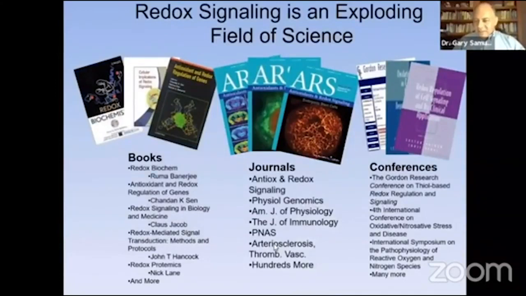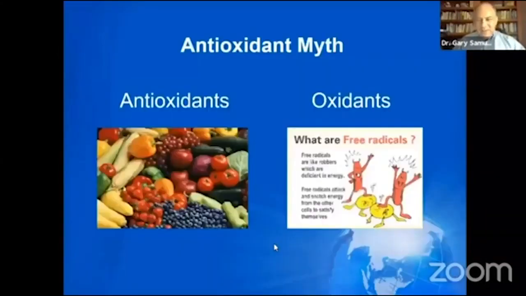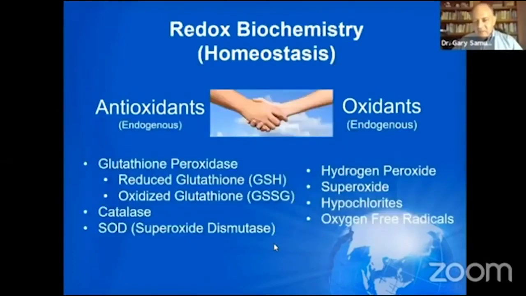So there's the lead up, and I hope that it didn't take too long. The antioxidant myth is that oxidants are bad and antioxidants are good, and you can only get them from vegetables. That's not true. Both antioxidants and oxidants are produced inside your body and are necessary companions for the healthy working